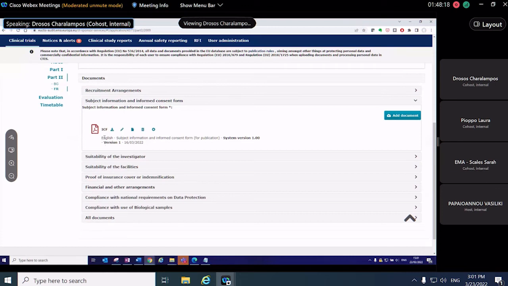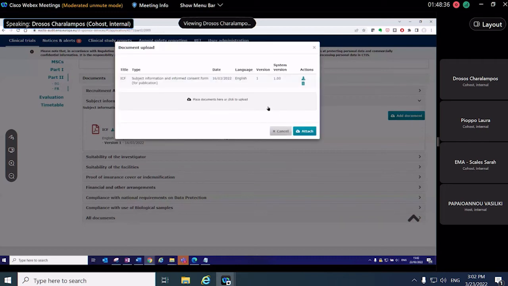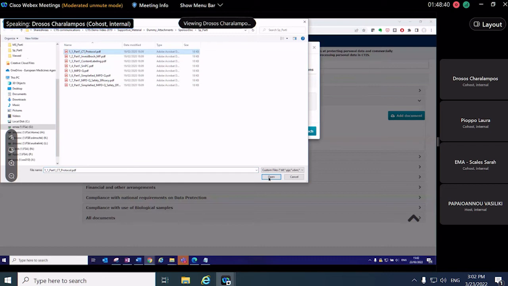The first one here is in English, and as we explained previously, each placeholder can host more than one document. Since we assume that we need to add the document in local language, in French, you can just click on the Add Document button, use the additional placeholder that appears here, select your document,